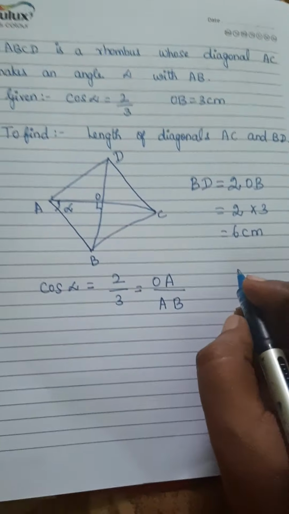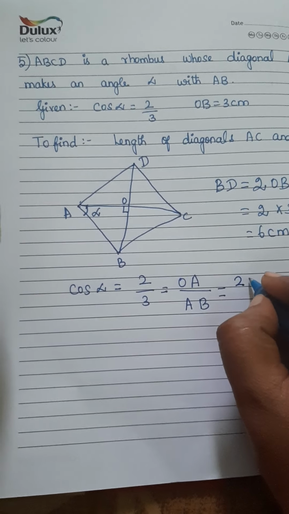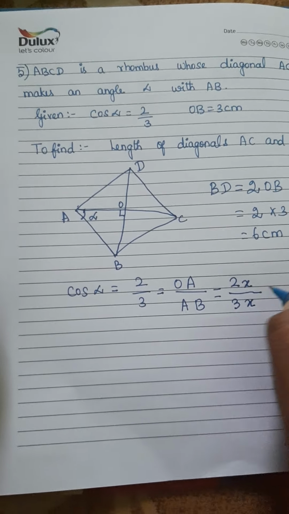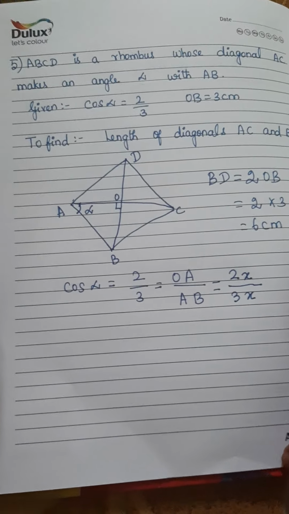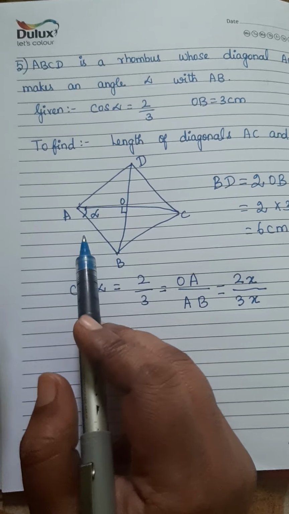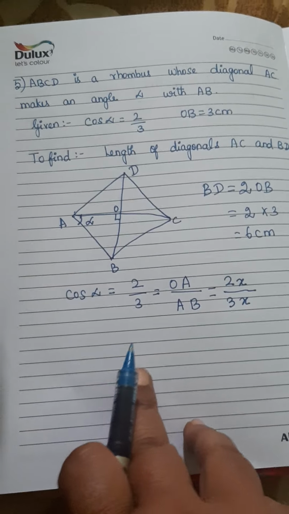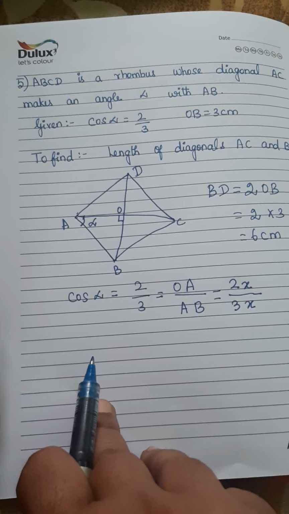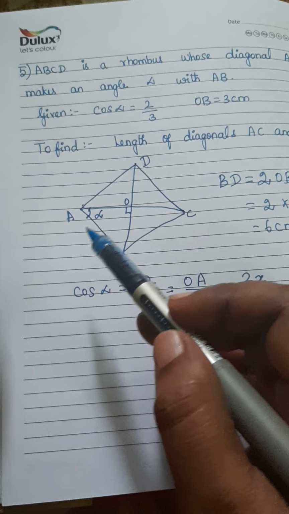You might recollect that if it is given as 2 by 3, then you will have a variable like 2x by 3x. So this x and x will get cancelled and we will have the ratio 2 by 3. But here we cannot simply cancel and say that OA has a value 2. You have to find out the value of x, substitute, and find the value of OA, and only then you will be able to find the value of AC. AC is nothing but twice OA.